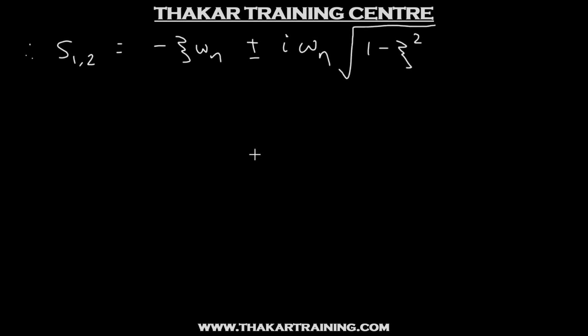So therefore S1,2 is minus zeta omega n plus minus i times omega n under root 1 minus zeta square. Alright, so this is like your alpha plus minus i beta. So what is the solution form then going to be? So the solution will be x equal to e raised to alpha t, so e raised to minus zeta omega n t